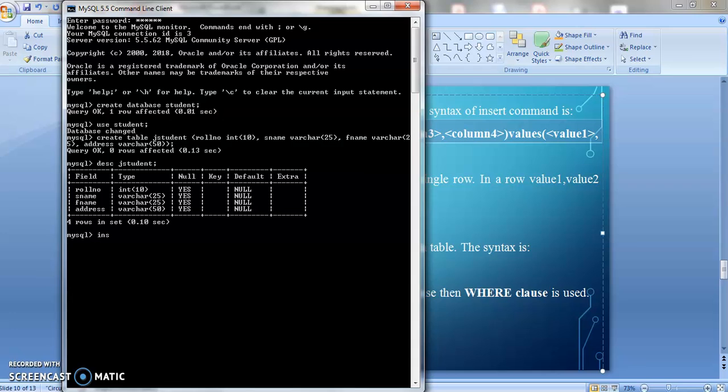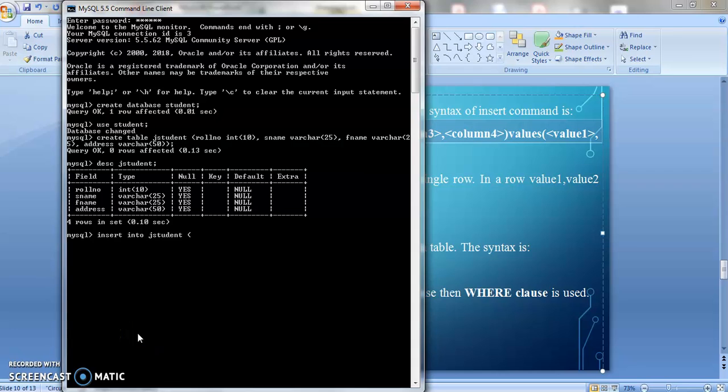Okay, so insert into, then space, then table name. The table name here is JStudent, space, then we will write the column names. Column names are roll number, S name, F name, address.